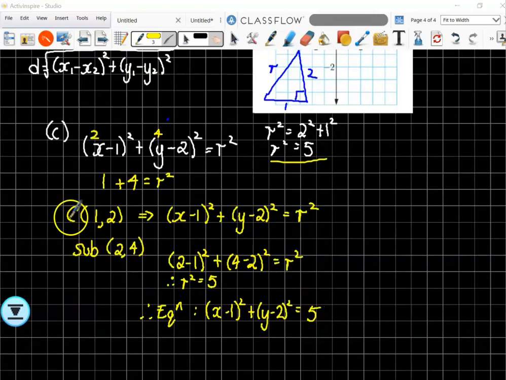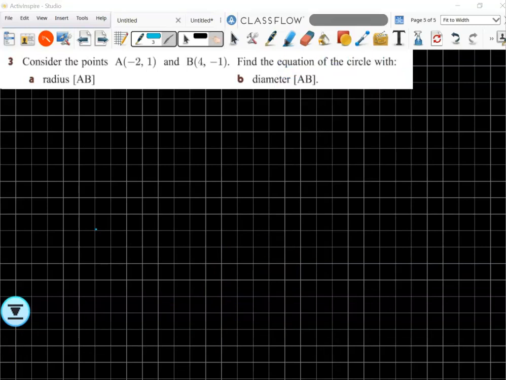So nicely, the centre gives me this part of the equation, equals R squared. 2, 4 is drawn as it lies on the circle. It could have been written as a question, passes through. So I sub it. That's my X value, that's my Y value. Sub it in here. This is what I get. I get R squared equals 5. Bang. And this is leading into us going through our test solutions and corrections, because question 3 is a